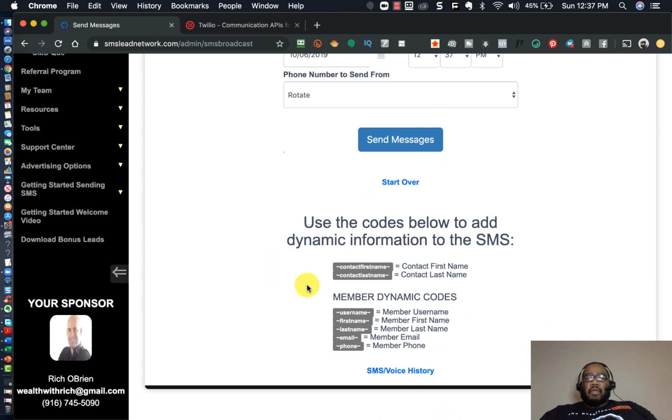Now the dynamic codes will populate with whatever information you included in your document. So if you want to use that person's first name, you could use it. For you to be able to use their address and things like that, you would just put the same name that was in the field